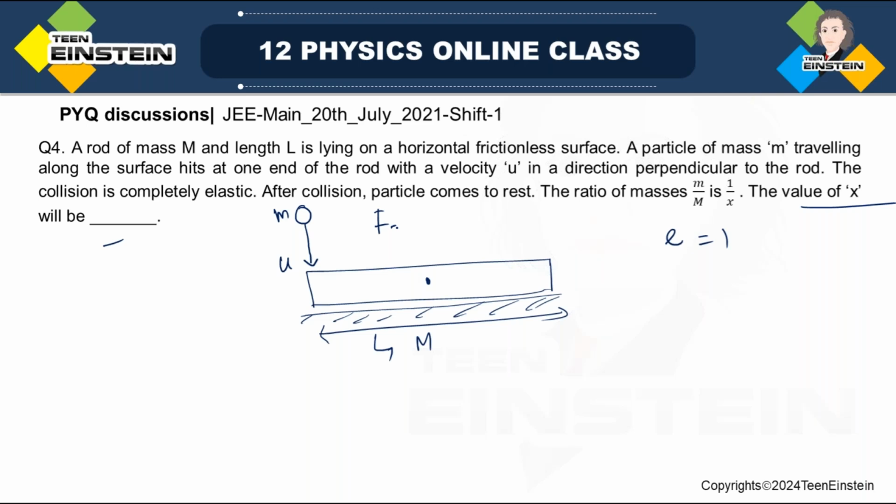So if there is external force 0, then I can say that momentum will be conserved, right? Linear momentum conservation I can write. See, initially this rod was at rest, but this was moving. So applying momentum conservation, I can write small m into small u plus 0 is equal to, finally